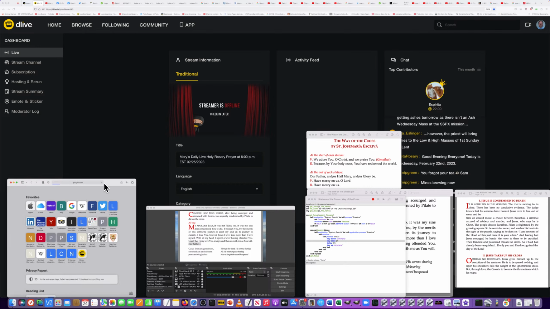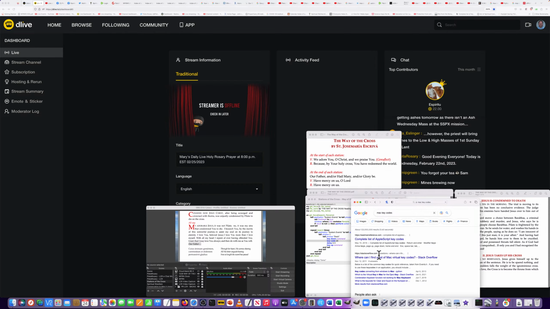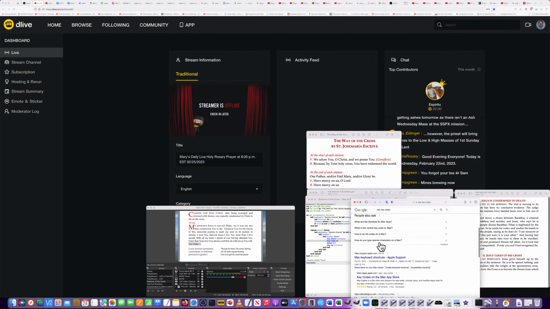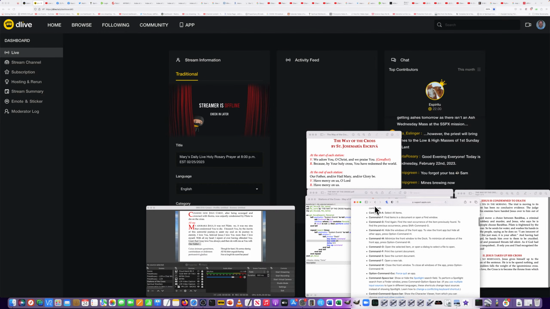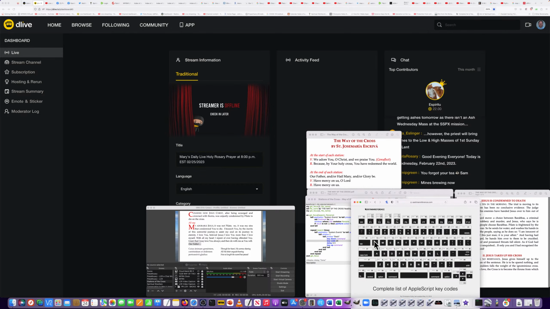And then let me see if I can punch in Google here. And then let me see if I can go over here. And I'm going to type in Mac key codes. And I've pulled this up before. Apple Script key codes. Not sure. I think it's this one. If not, we'll find it. No, that's not what I was looking for. Well, let's look at this one. There it is. Okay, so